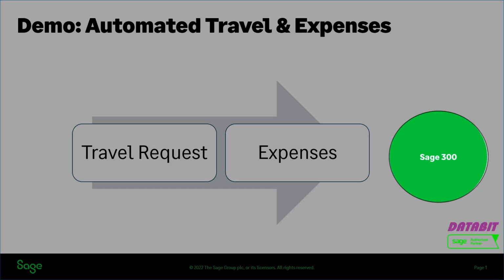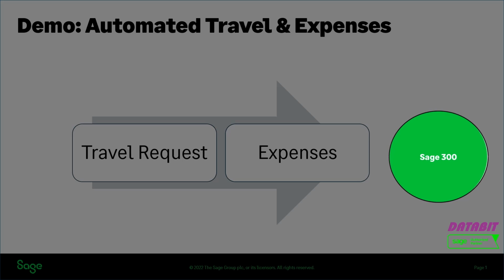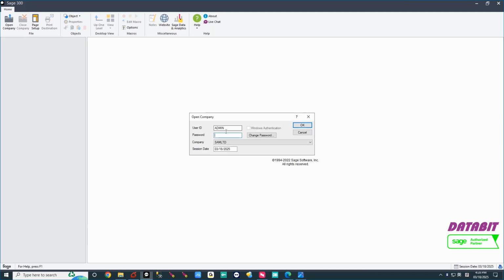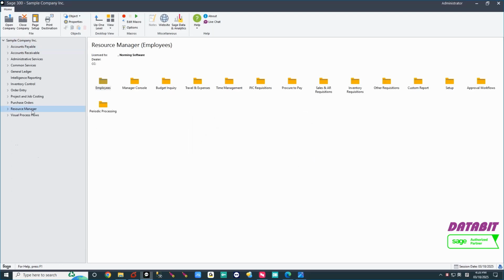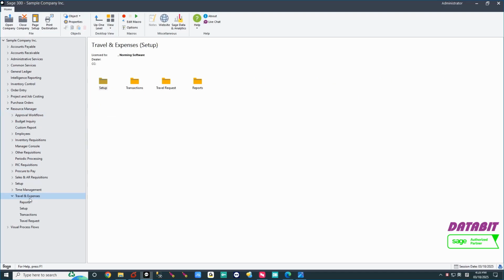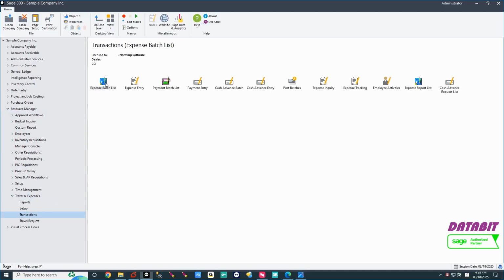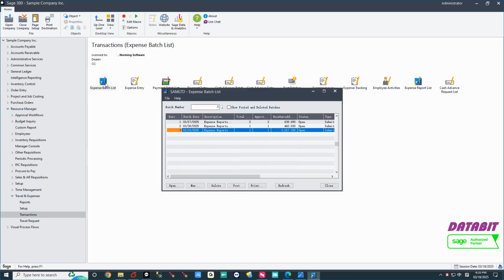The approved expense will be generated automatically in your Sage 300. A finance user can log in to Sage 300, go to Resource Manager, Travel Expenses, Transactions, Expense Batch List. Click into the document that has just been approved.